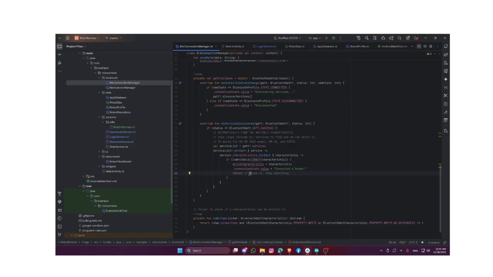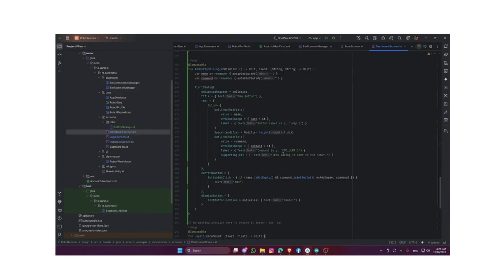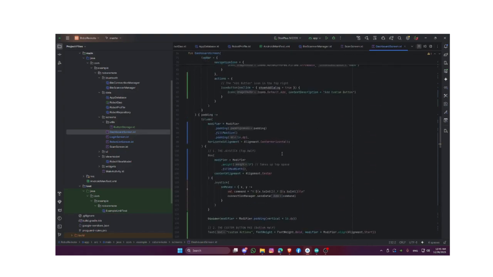For the UI, I use Jetpack Compose for the joystick. The joystick isn't a standard button; it's a custom drawing on a canvas. I use pointer input with detectDragGestures. It's in the dashboard screen. And if we see here,